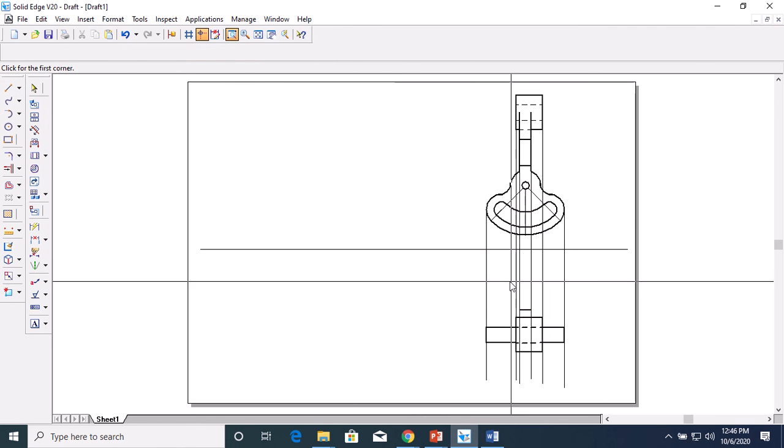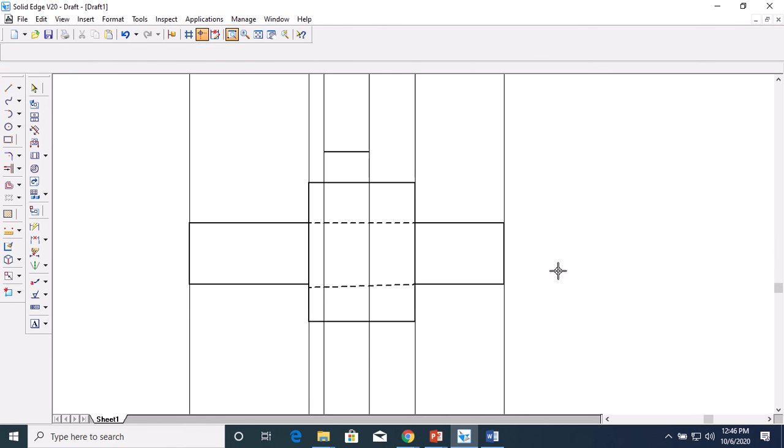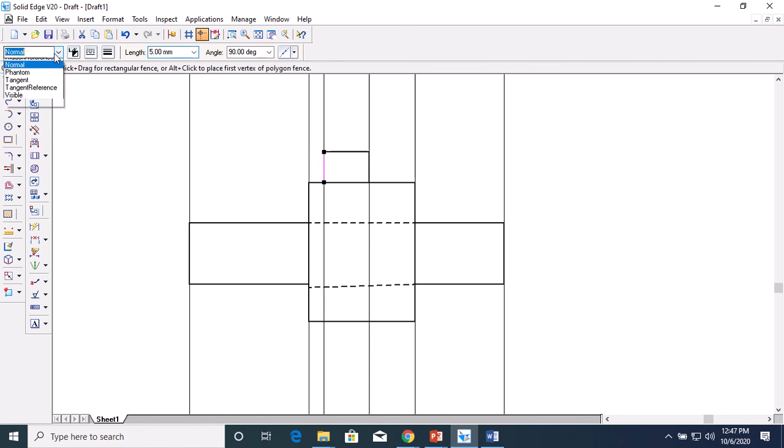Zoom this area for clear drawing. You make this line visible one, and here also for about 5 mm it has to be there. 5 mm means here it has to be 2.5, half of it.